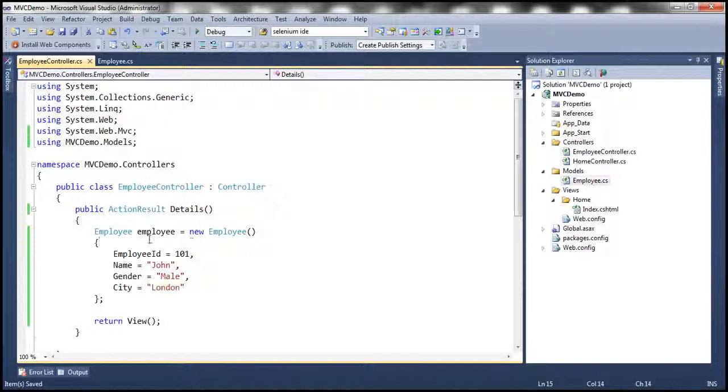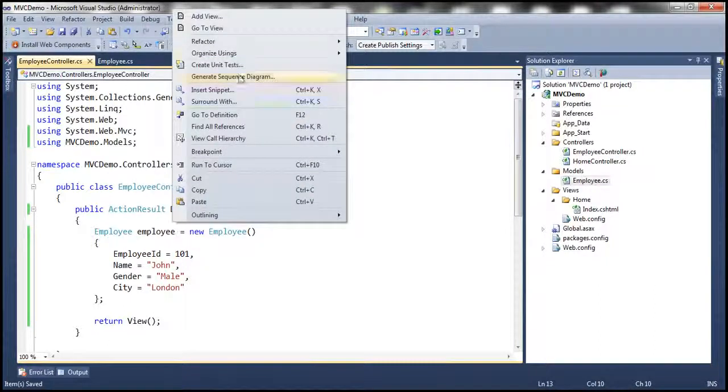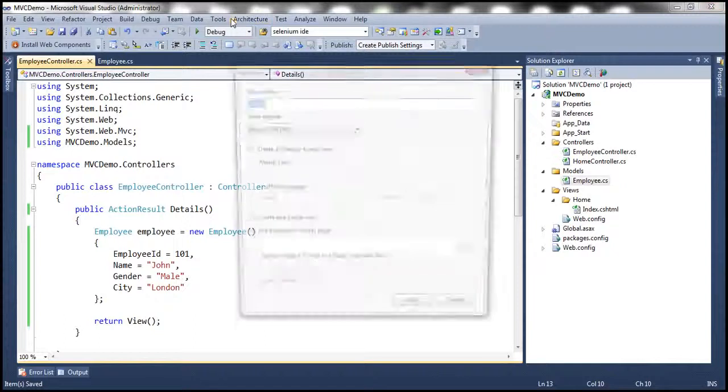Now I need to hand this employee object over to a view, and then the view will render that employee to the browser. It generates the HTML and sends it back to the requester, the client. So obviously we need to add a view which can present the employee information to the end user. Okay, so let's go ahead and add a view to our project, and the best way to add a view is to right click in the controller action method, and then from the context menu select Add View,